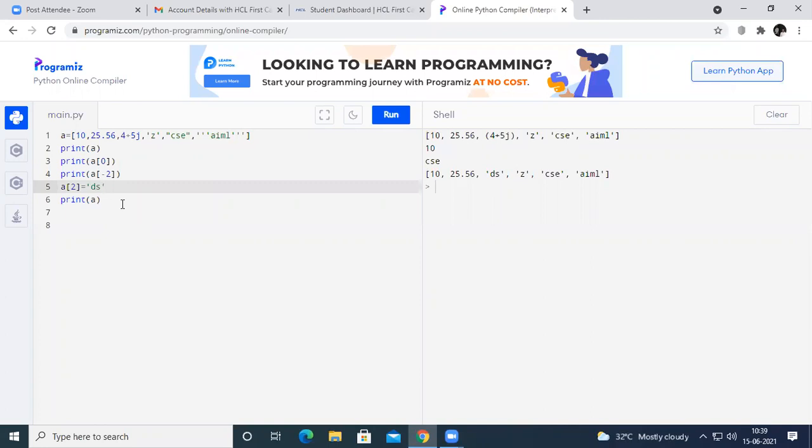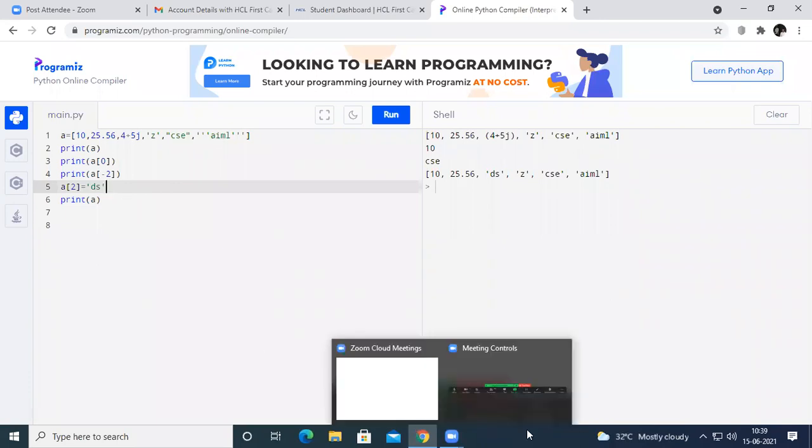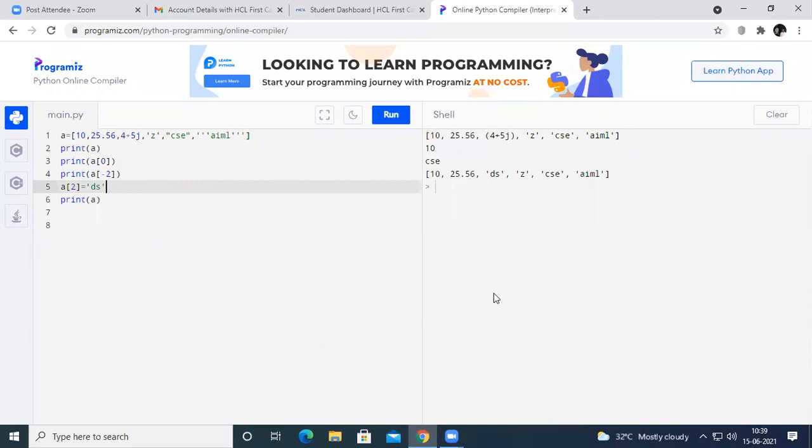Now we are going to look at some default functions in Python through which we can perform some operations on a list. Let us consider this is a list. Now I'm going to cover the functions one by one.